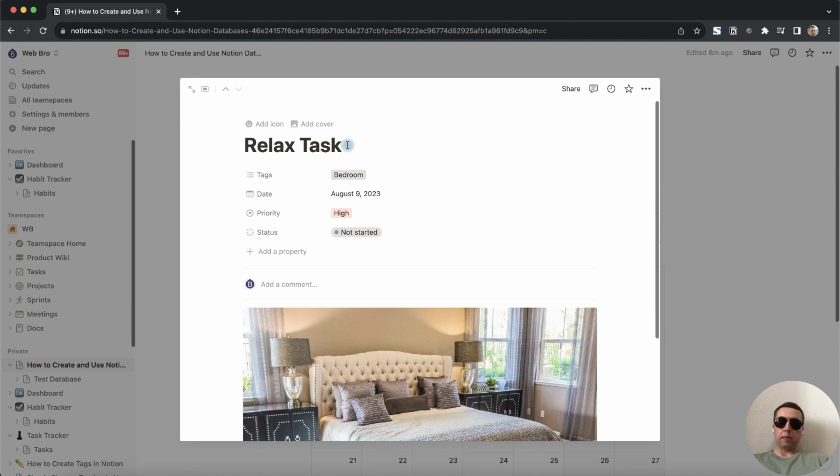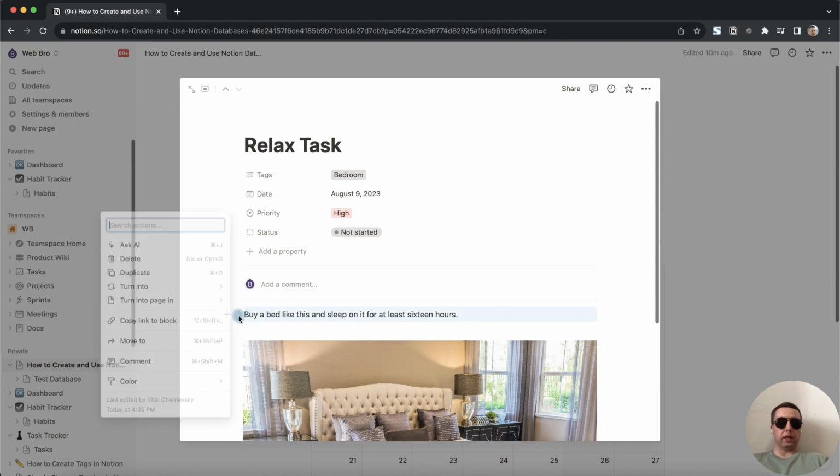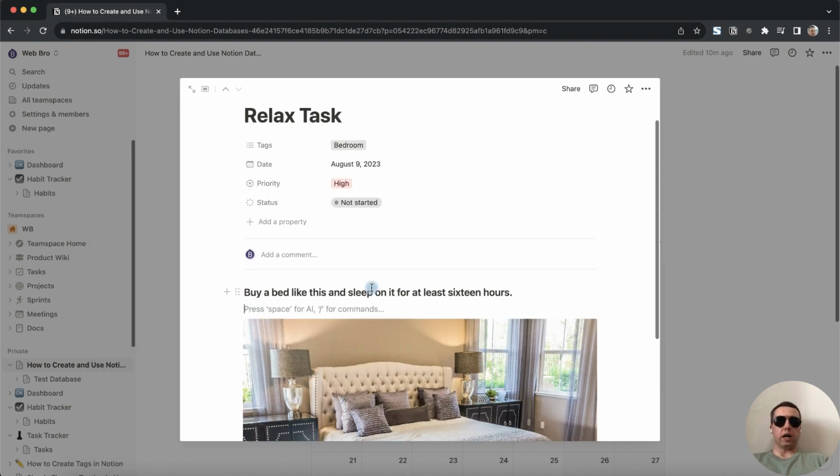Click on the card name and press enter. The cursor has moved to the description of the card, and add a description for the card. Okay, let's make it bigger. That's good. Now we have the content on the card and we can move on to the next view, the